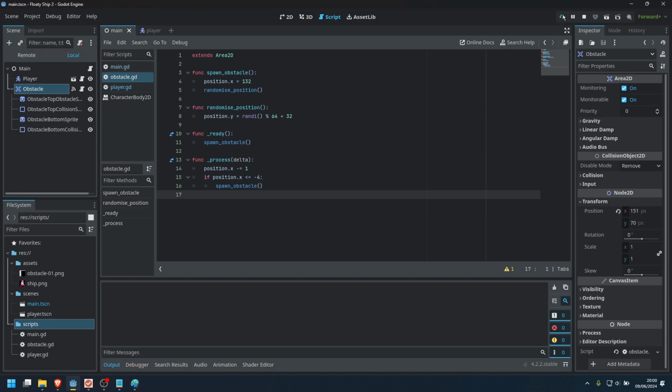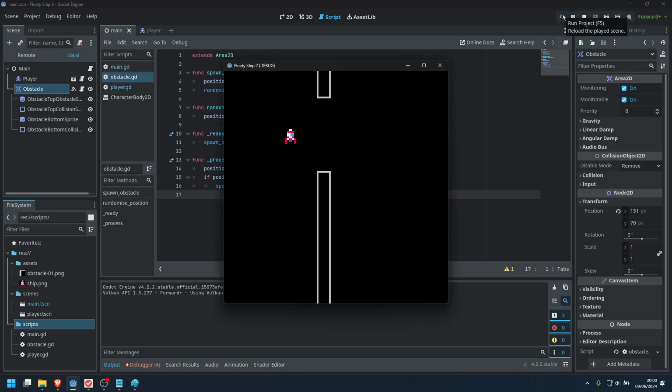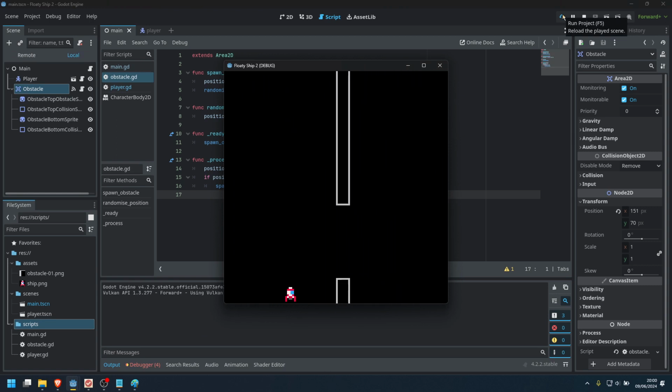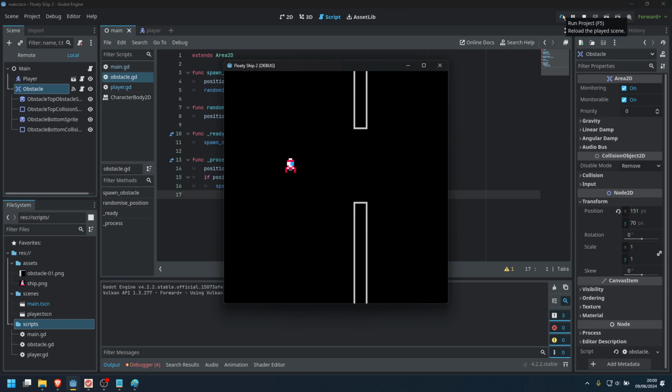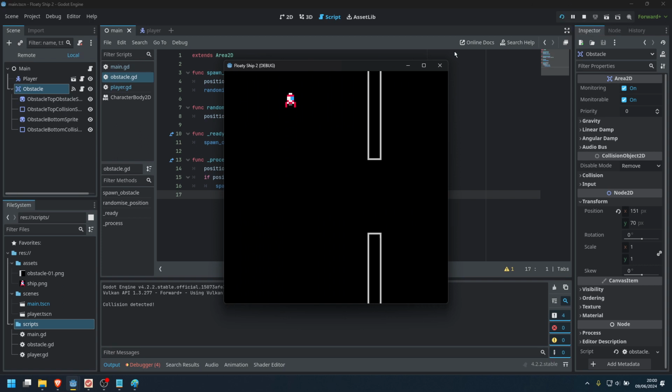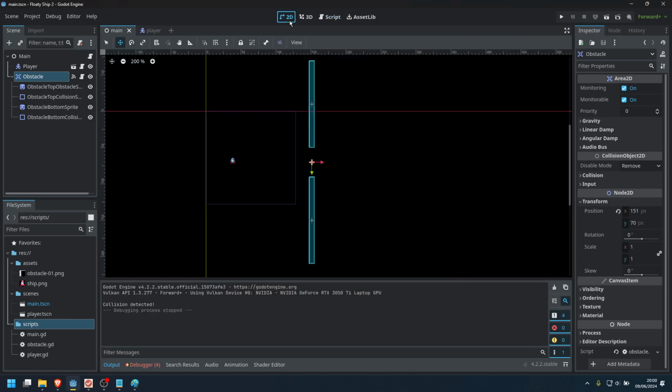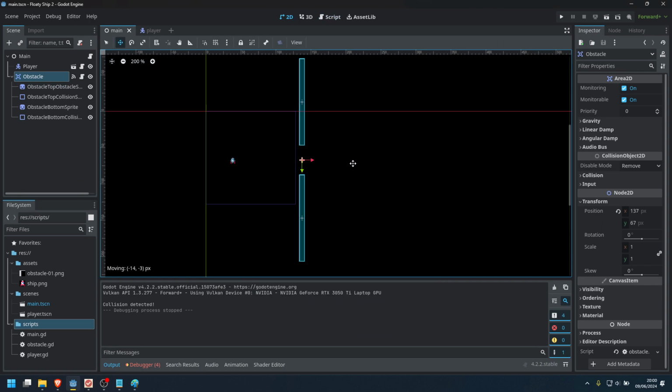So it should now work like this. And I can just, like, if it is like here,